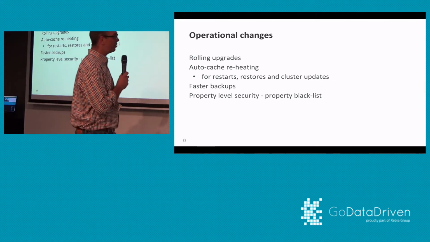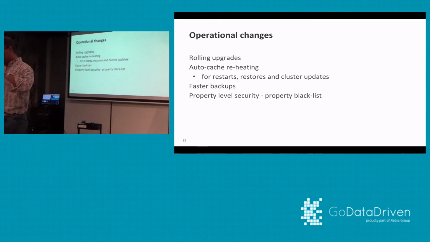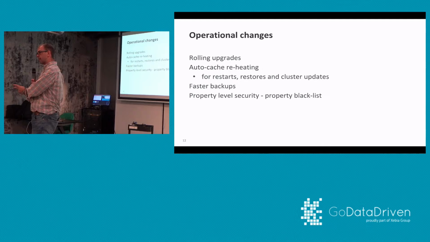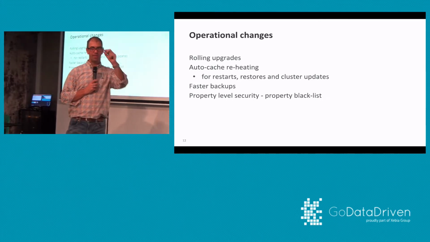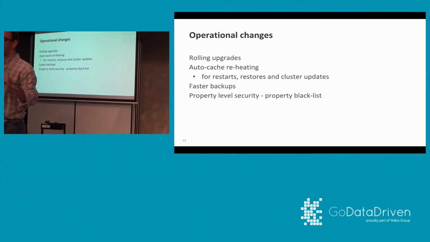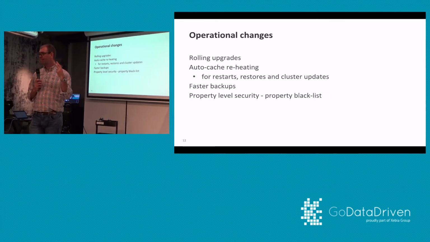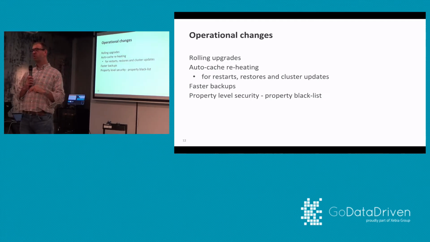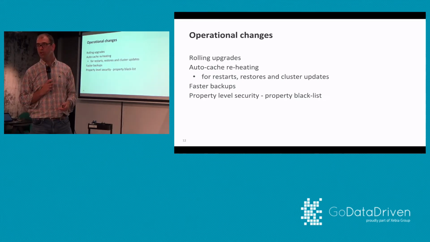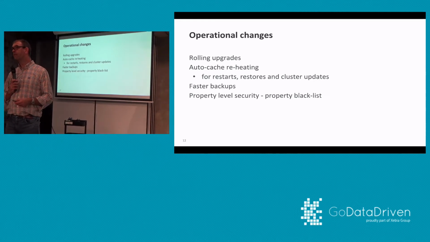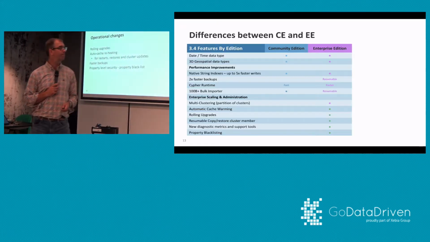Property level security, it does what it says, right? It allows you to not just take a look at a part of the graph and say, okay, you can only access that part of the graph, but really say on the node level, there's certain properties that are accessible, yes or no, right? Which is something you should use with care, right? That level of fine-grained security does not come free. It means that the database needs to do a lot more work before it can actually return any queries. So you should take good care when you implement that.